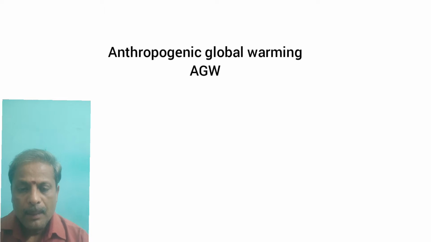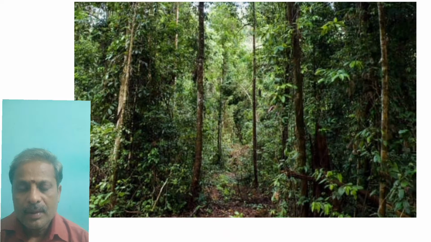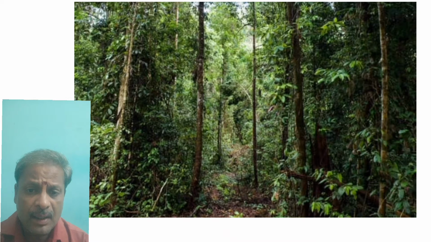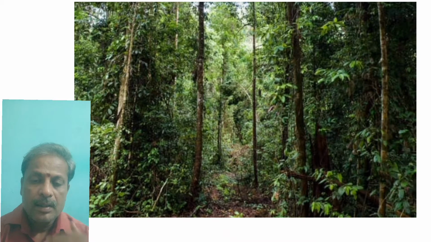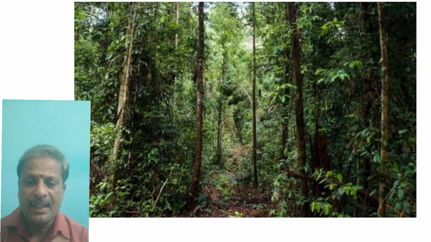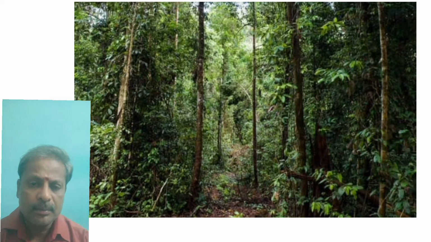First one, man is recklessly cutting down the forest trees. By this, the heat coming from the sun makes the earth warmer. As long as forest trees cover the surface of the earth, automatically the sun's heat may be absorbed by the trees, and when the forest trees are recklessly cut down by the people,